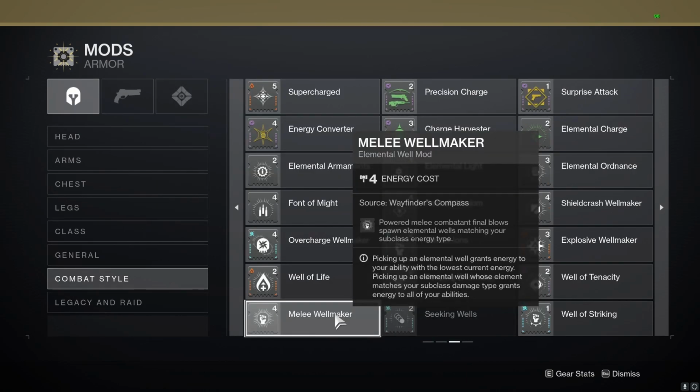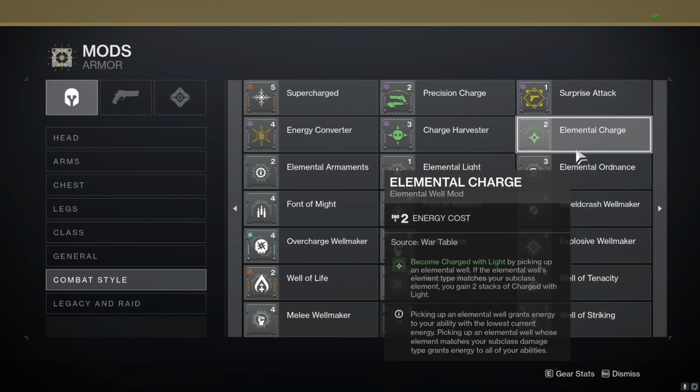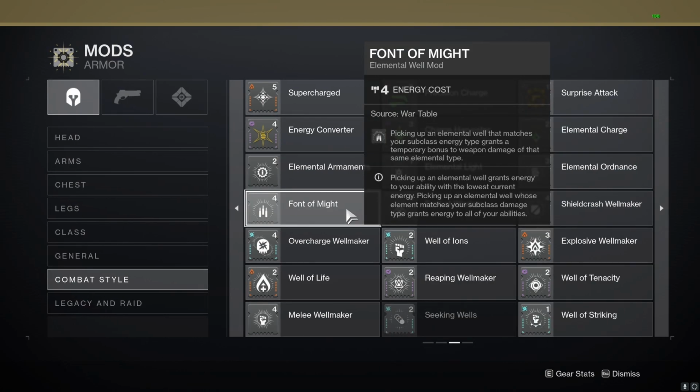Melee Wellmaker: powered melee combatant final blows spawn elemental wells matching your subclass energy type. Elemental Charge: become charged with light by picking up an elemental well. If the elemental well's elemental type matches your subclass element, you gain 2 stacks of Charged with Light. Font of Might: picking up an elemental well that matches your subclass energy type grants a temporary bonus damage of